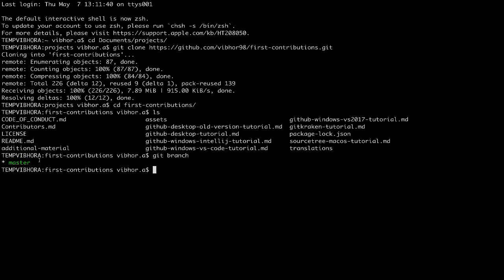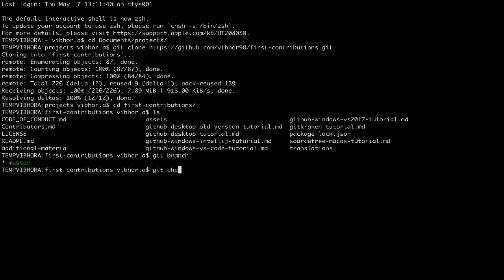So now let's start making our first code changes and all. So how do we proceed? Basically currently we are in the master branch, but it is recommended that you should not make changes to the master branch, right? Whichever issue you try to solve, solve that issue in another new branch. So we create another branch from the master branch.